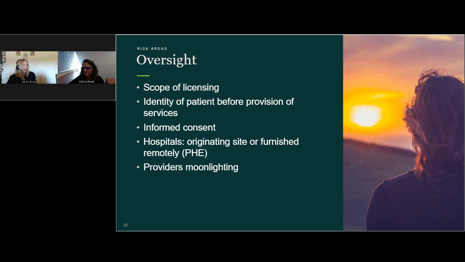Sure. Thanks, Lori. So informed consent, I can actually probably teach an hour course on informed consent. But one of the things we've seen is blanket consent forms being utilized where we're not seeing documentation clinically in the encounter of the consent of the patient. And one of the things that we will cite a couple times throughout the presentation is that while Medicare does not require an informed consent be obtained from a patient prior to the telehealth delivered service,